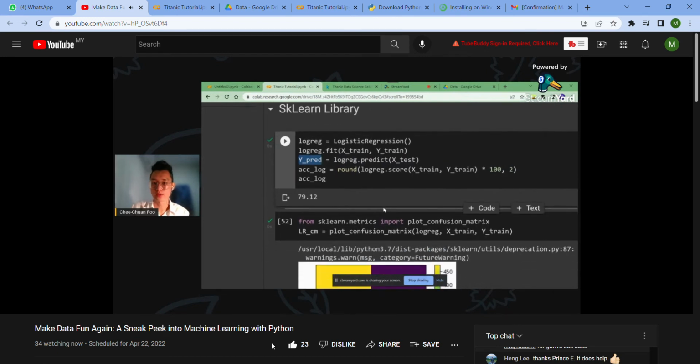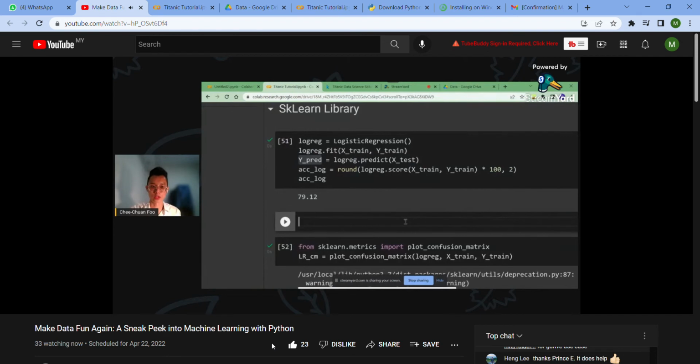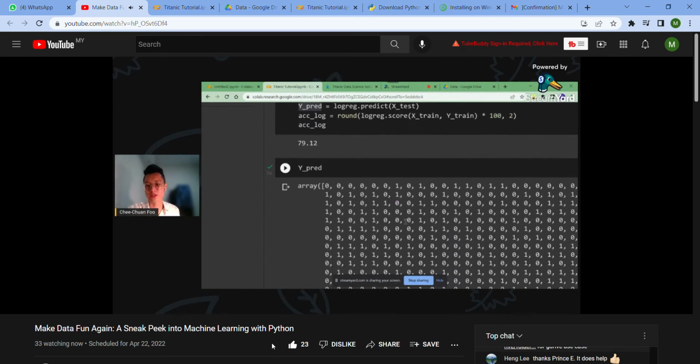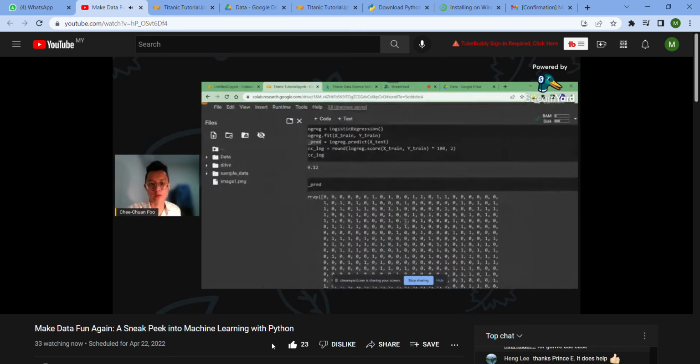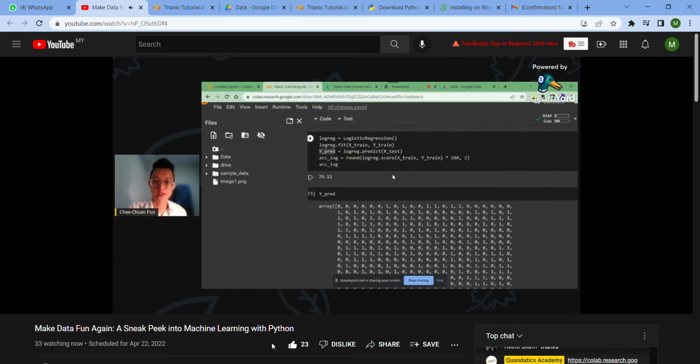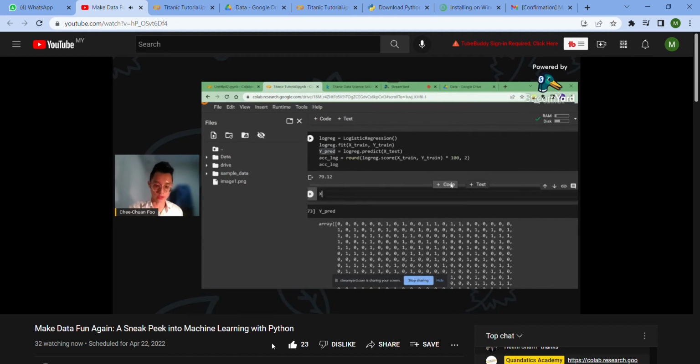Now you look at this. We add a line of code here to return our y pred. It returns an array of 0 and 1. What do this 0 and 1 mean? It's either you survived or not. 0 means you did not survive. 1 means you survived. Okay? According to your X test data. What is your X test data? When we return the X test again,